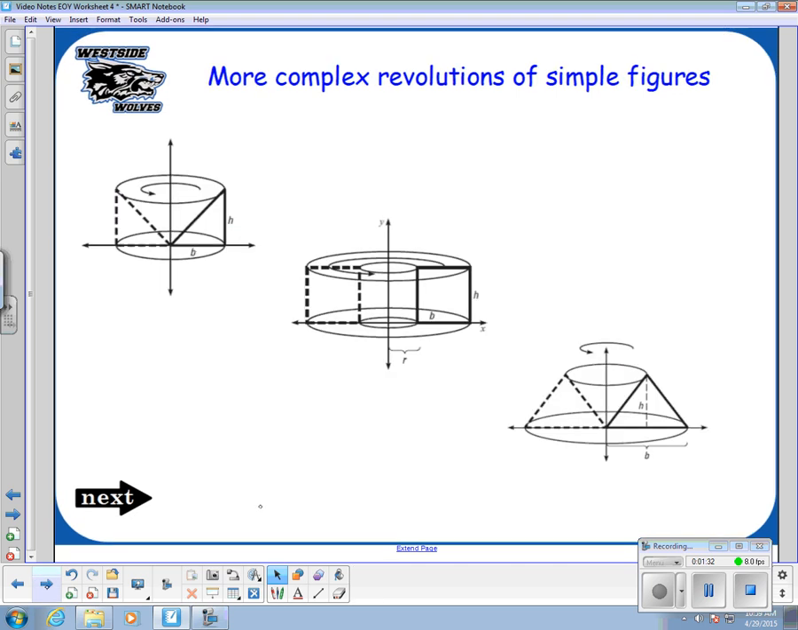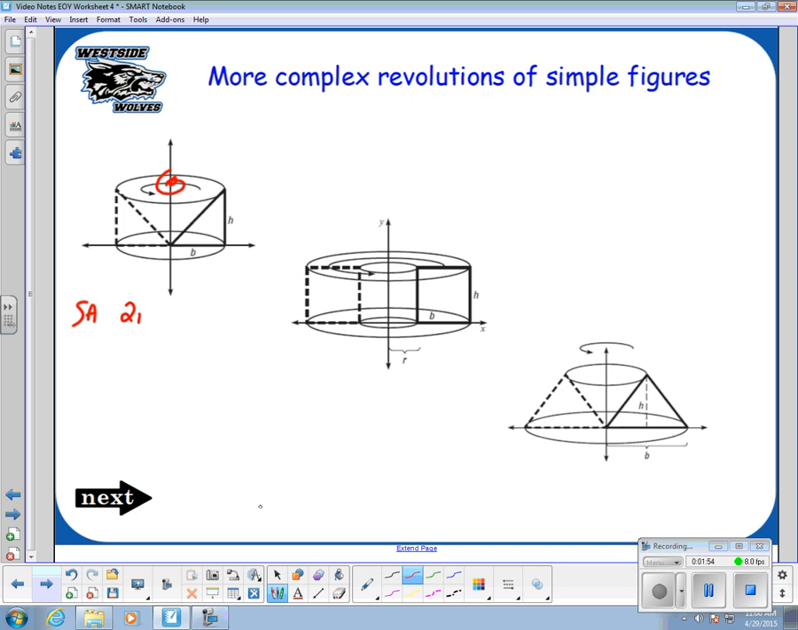As these figures change, here's another right triangle. When we revolve this right triangle about the y-axis, we get a cylinder with a cone removed, and so we would need to find the surface area and volume of that. So a cylinder's surface area would be,